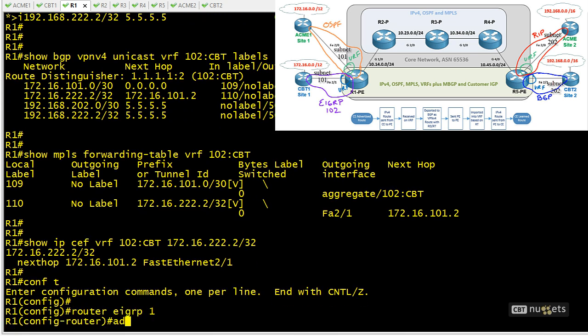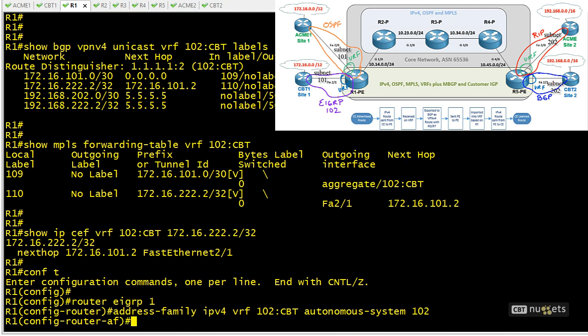We'll go into router configuration mode for EIGRP1, and then we're going to go into the address family for our specific VRF called VRF 102:CBT. For this VRF, it's using Autonomous System 102 for its EIGRP related functions. Now that we've moved into this address family configuration mode for the specific VRF, we can now do